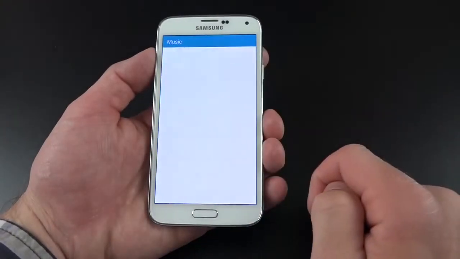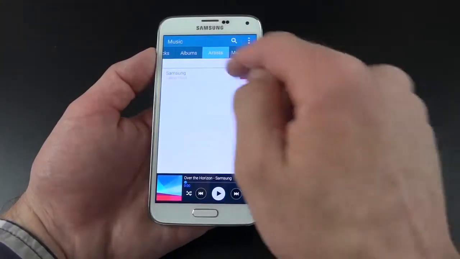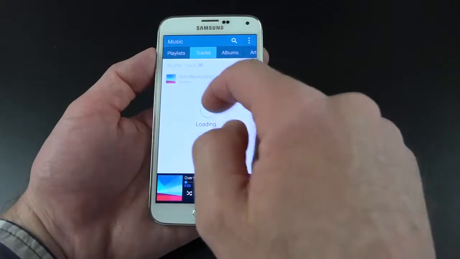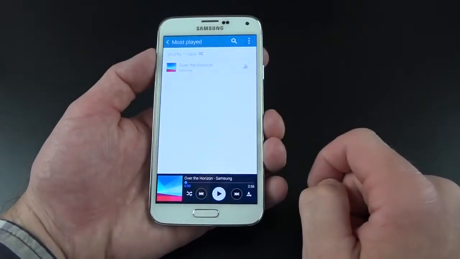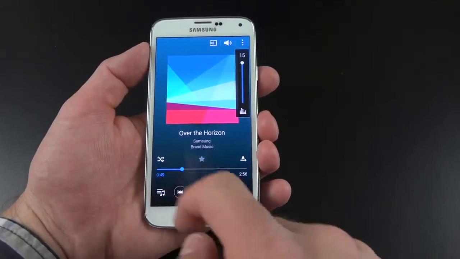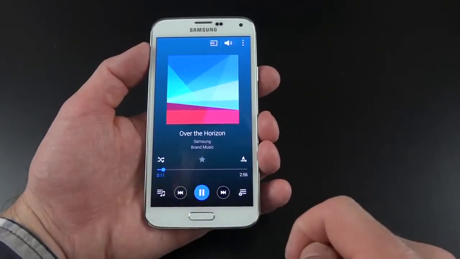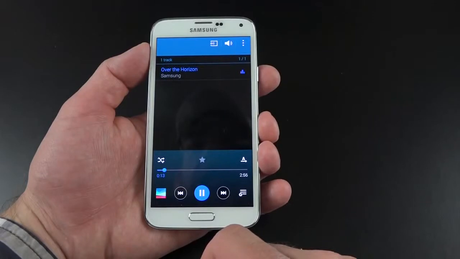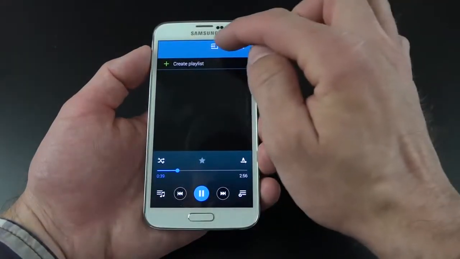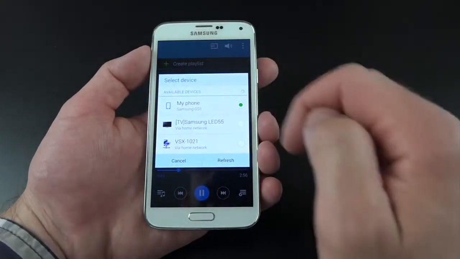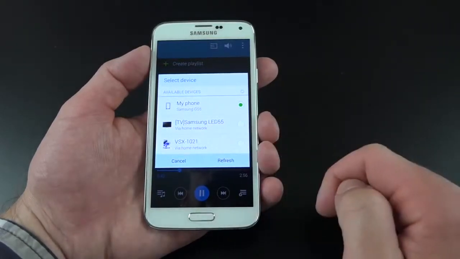We have our new music player, which is pretty basic here. We have our albums. We can search by tracks and playlist. So for example, if we just want to play one song here, you get a pretty basic interface. You can shuffle them. You can skip ahead. You can see the album, and then you can create playlists. You can also send the audio to another device, such as my Samsung Smart TV or my AV receiver, which